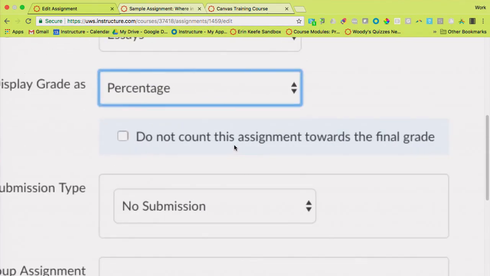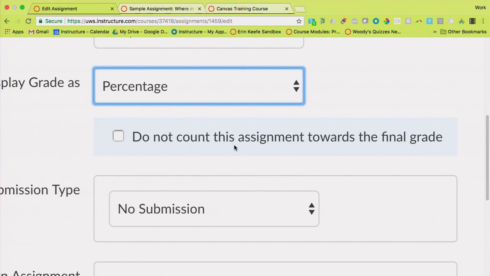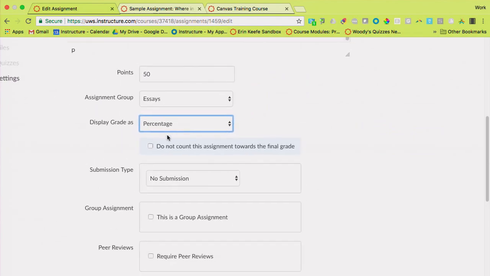With assignments, you will see this option to not count it toward the final grade. I can see a lot of reasons why you might want to create an assignment that way. Maybe for things like a rough draft, you want them to turn it in, give them feedback, but it's not going to count toward their grade. You're still going to get all of the same grading tools, and you can use a rubric. It's just not going to create one of those columns in your grade book. Students will know that it's not counting toward their final grade, though. So if you click that, they'll see that.